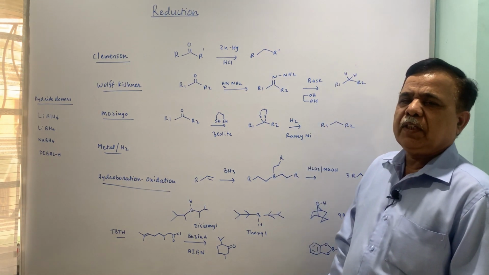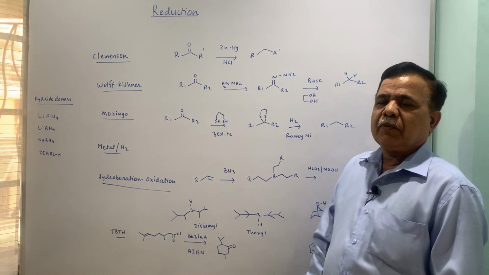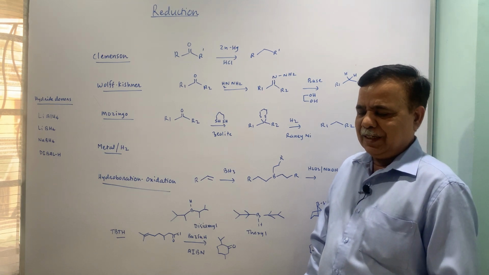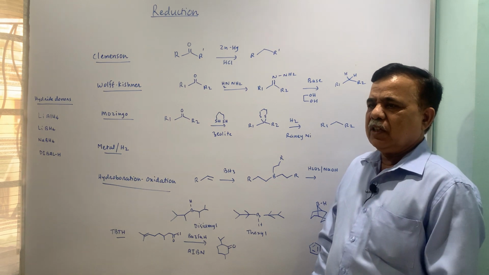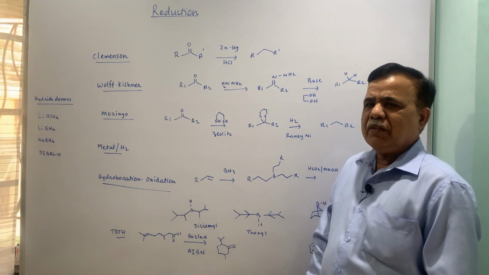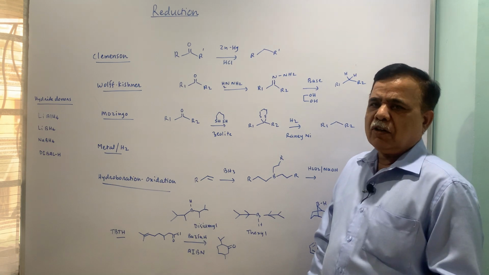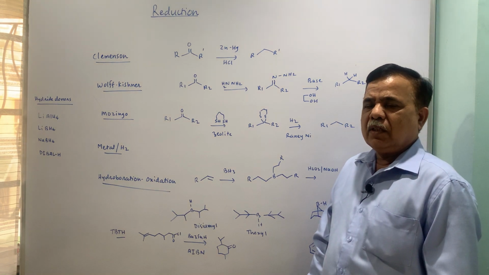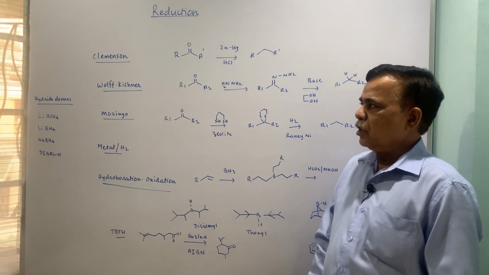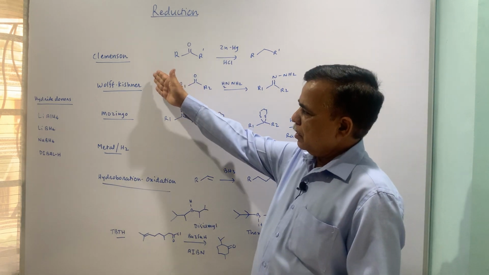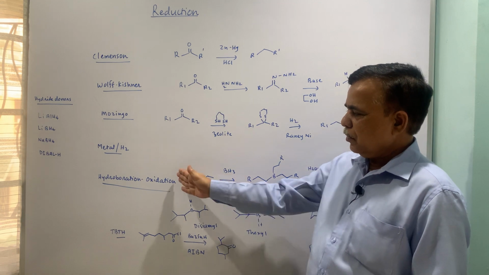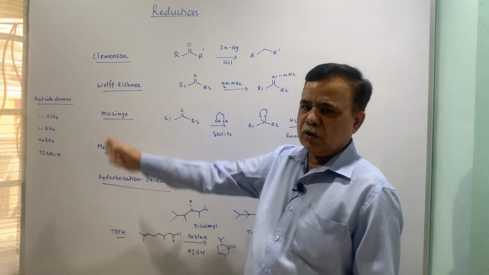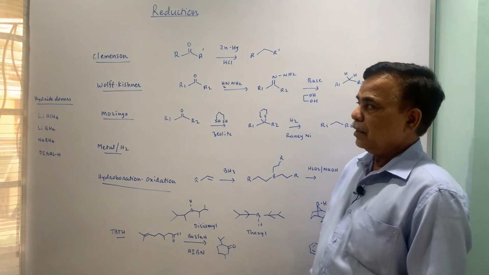Now today we are going to start with the second half of the chapter, that is reduction reactions. Reduction, as we have already said earlier, is a reaction for which the definitions are different. Gain of electron is a reduction, addition of hydrogen is a reduction, removal of oxygen is also reduction. So first, some three name reactions, some hydroboration oxidation reactions, tributyl tin hydride and some hydride donors. That is what we are going to look at today.